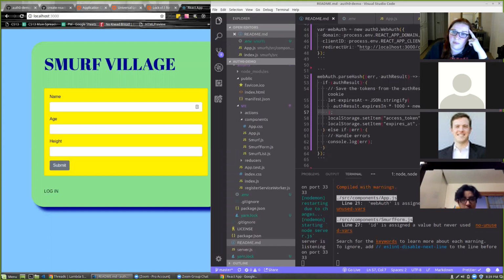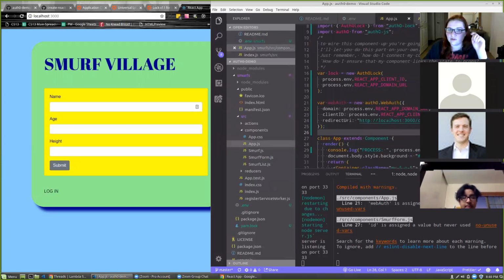Anyway, so this is a method for parsing the auth result that we get back. It will receive an error in the event that the authentication does not go through, or it'll receive this auth result object. And here what we're doing is we're taking different things off of the auth result object, and in fact, what I would like to do is,